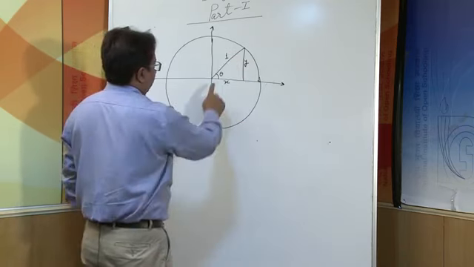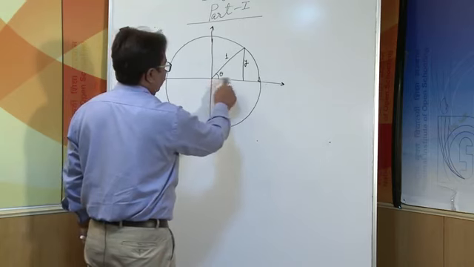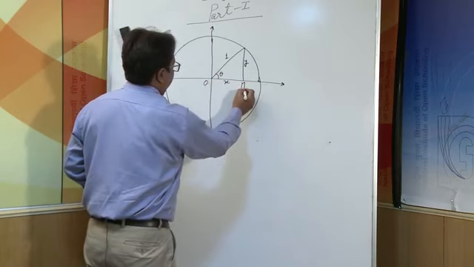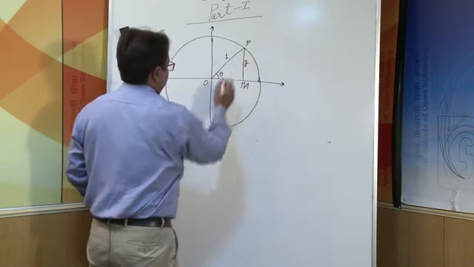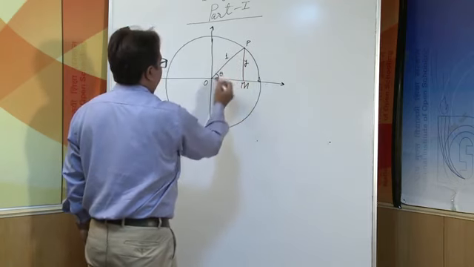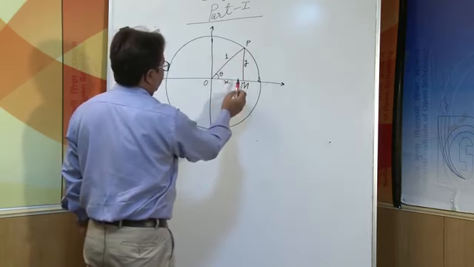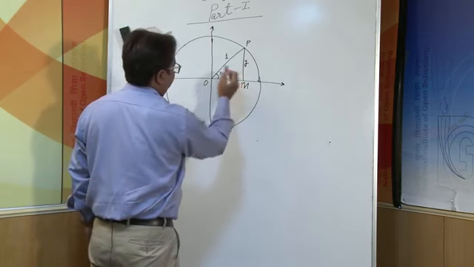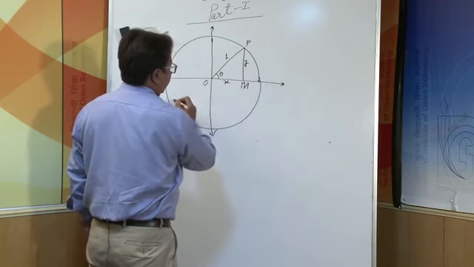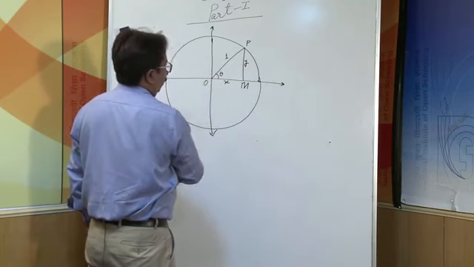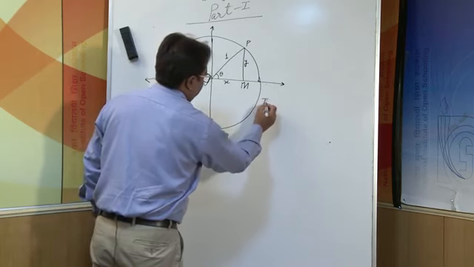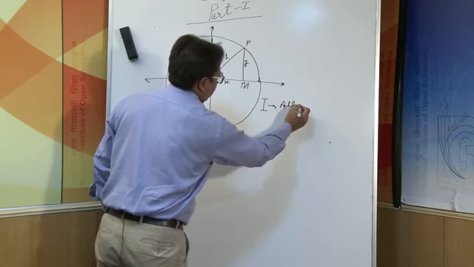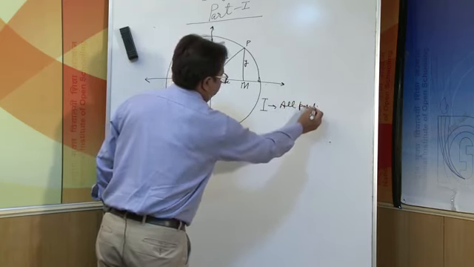Here we can name the points O, M, P. The distances are OM, MP and OP. When we take ratios of these 3 sides, in all the cases, because the distances x and y are both positive, all ratios will also be positive. So, we reach a conclusion that in the first quadrant, all 6 trigonometric ratios will be positive.